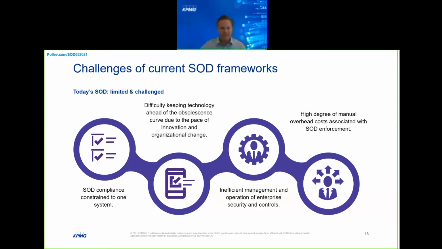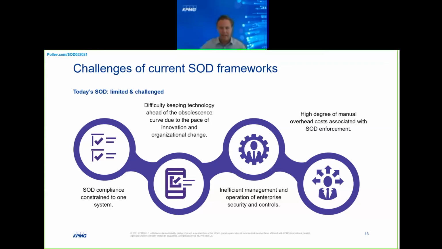That kind of makes it difficult to scale for the future, as we start to move more to the cloud, more to IoT, more to RPA. Having an SOD program, or SOD 3.0, or an enabler like some of the tools we'll talk about a little bit later, like FastPath, is allowing us to scale some of that change and to get ahead of some of the issues that we're seeing with a one-application or one-system SOD